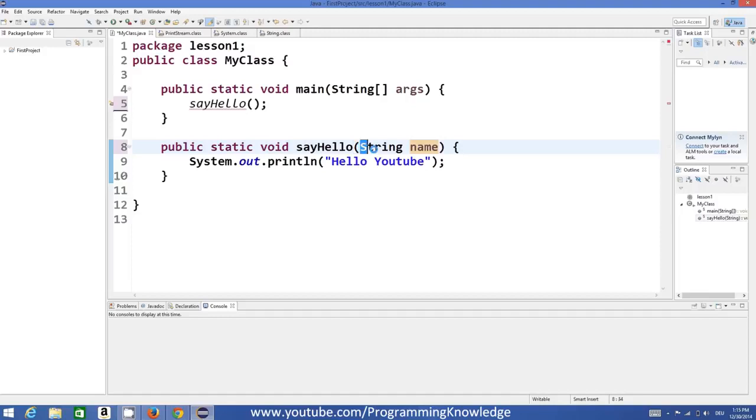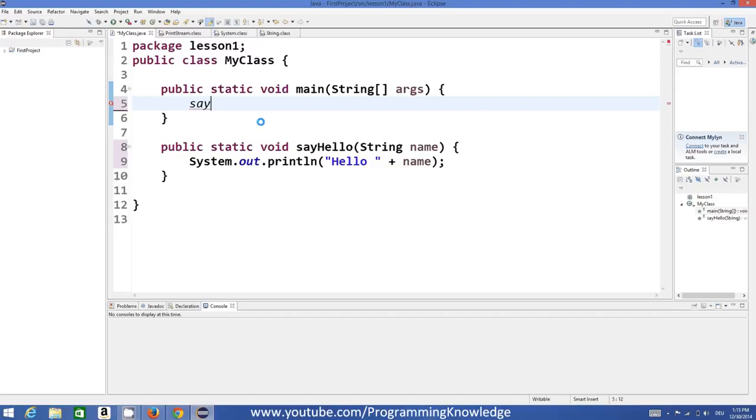This kind of declaration inside the round brackets of the function is called parameter passing. And this parameter name, which is a string, you can use inside your function. So if you want to say hello to whatever name is passed to the function, it will print that name. So whenever we call this function,